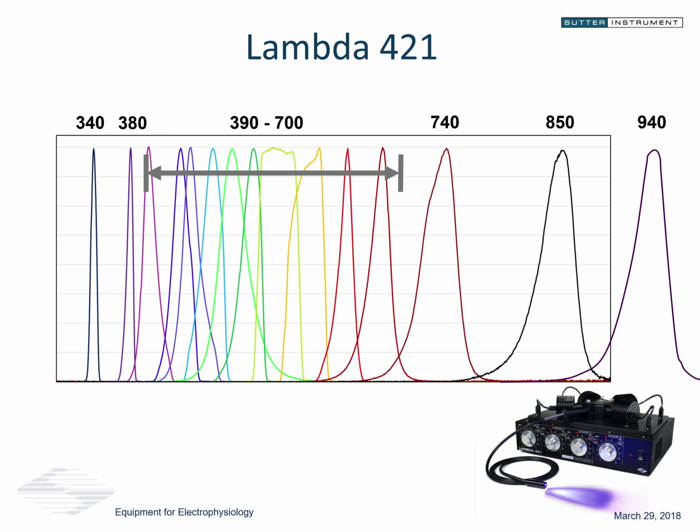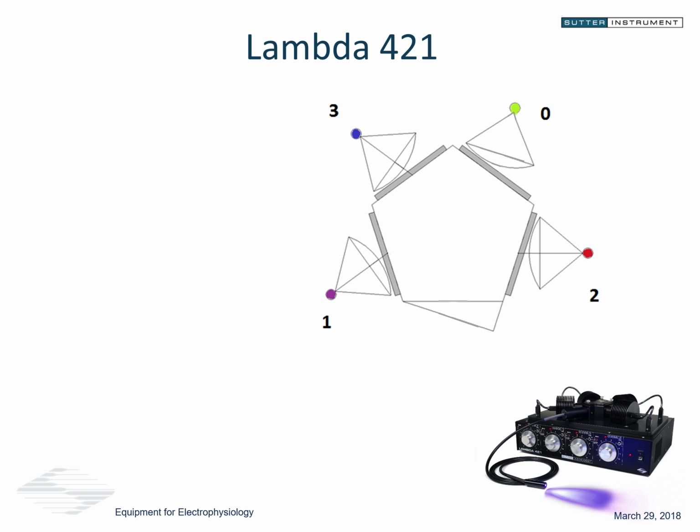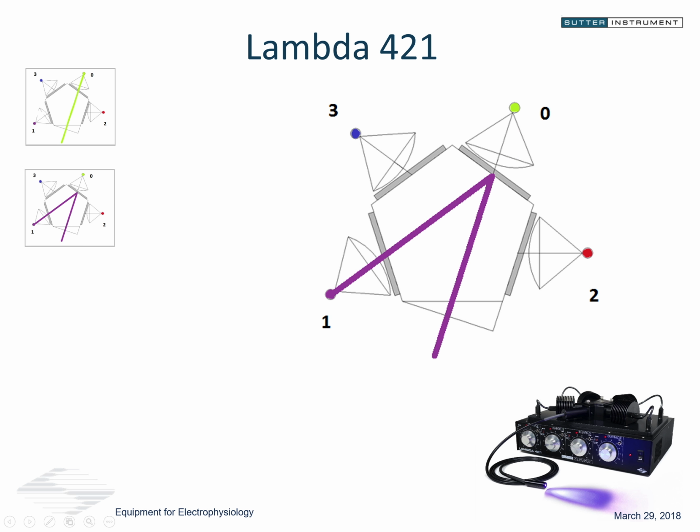So how does this work? How do these 4 LEDs combine into one? Well, if we look at the actual path here, we see the numbers 0 through 3 indicating 4 different LEDs, and they come through an output path. In this case, we have the first LED that shines directly through the output. The second LED shines towards the first one and bounces off of the first LED.